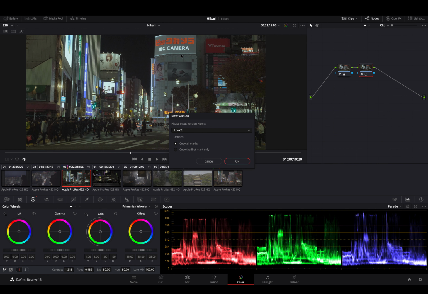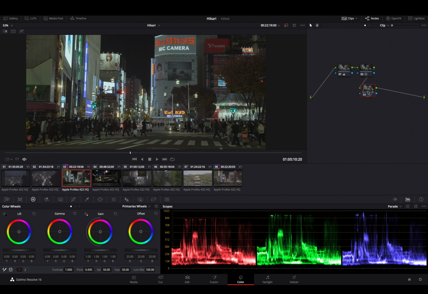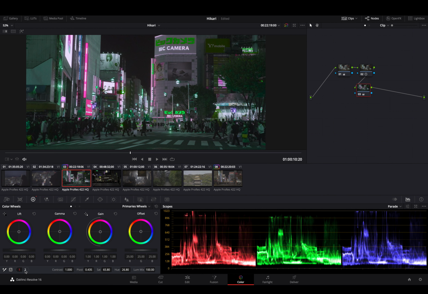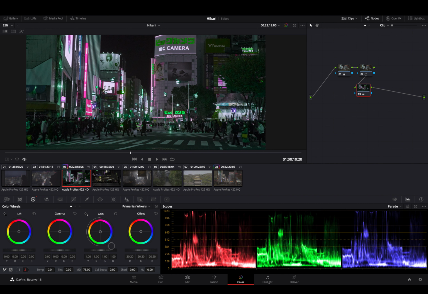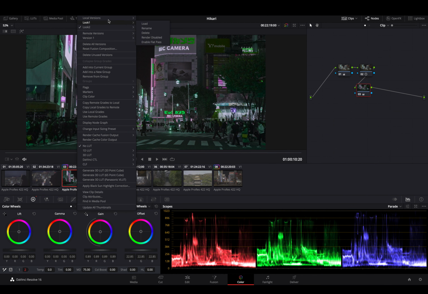I can also choose to copy all marks or just the first mark only, whatever. We're going to copy all marks and then make adjustments on this, even adding another one. On this one we will change the hue, making some weird stuff, and I don't know, even cranking up the mid-tone details like this. Maybe we have a super strange producer that likes this kind of thing, so let's make it version 2, and then we can